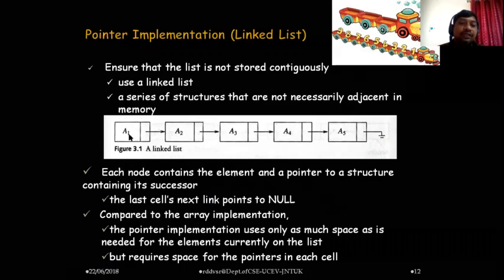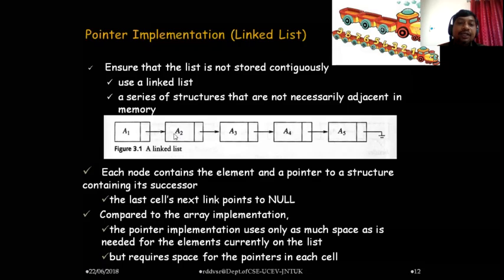A2 is A1's successor. So the A1 node contains a field to hold the A1 data and a link field which holds the address of its successor, that is A2. A2's address is stored in A1's link field. Similarly, A3's address is stored in A2's link field.